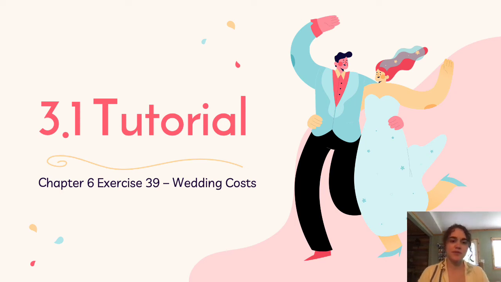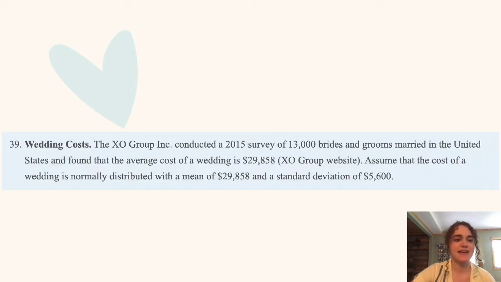This week, for our 3.1 tutorial, we will be going over Chapter 6, Exercise 39, Wedding Costs. Chapter 6, Exercise 39 states that the EXO Group Inc. conducted a 2015 survey of 13,000 brides and grooms married in the United States and found that the average cost of a wedding is